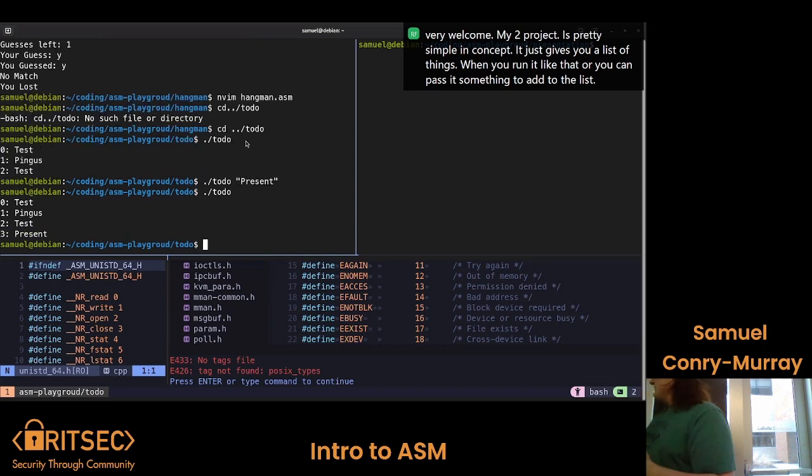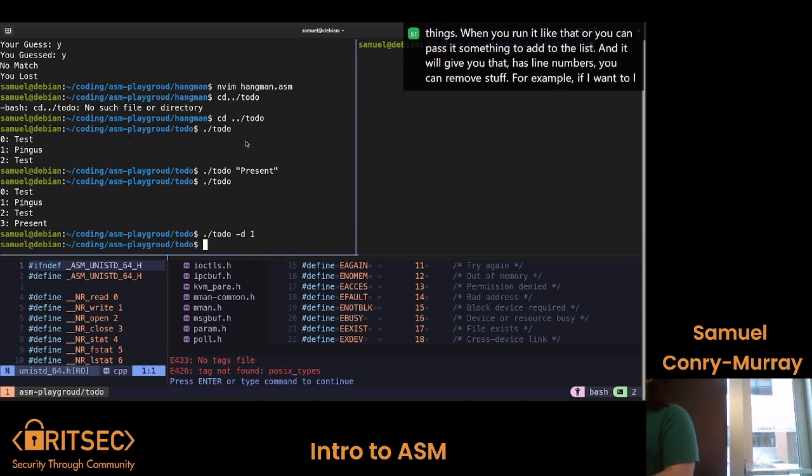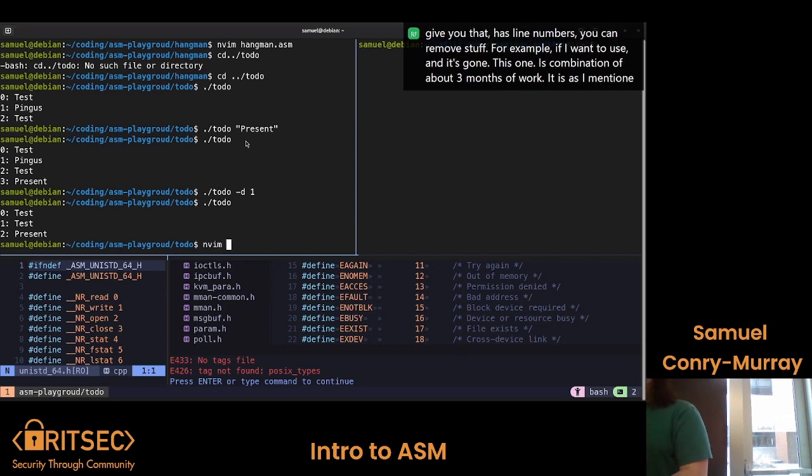And it'll give you that. It has line numbers. You can remove stuff. For example, if I want to remove line 1, simple as that, and it's gone. This one is a culmination of about a few months of work. It is, as I mentioned, 400 lines of code and